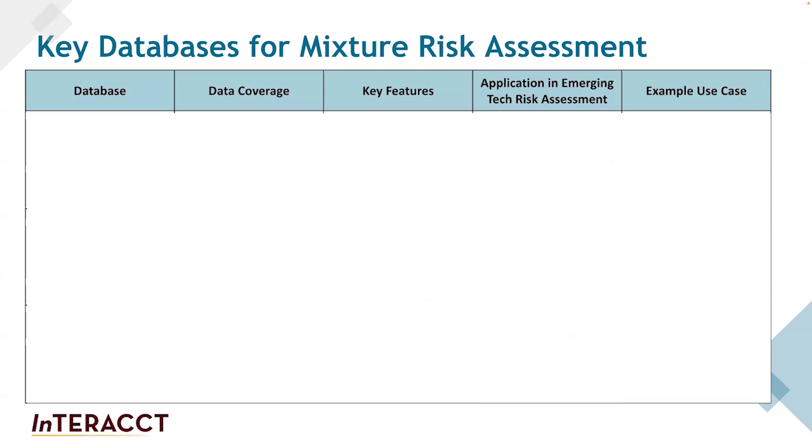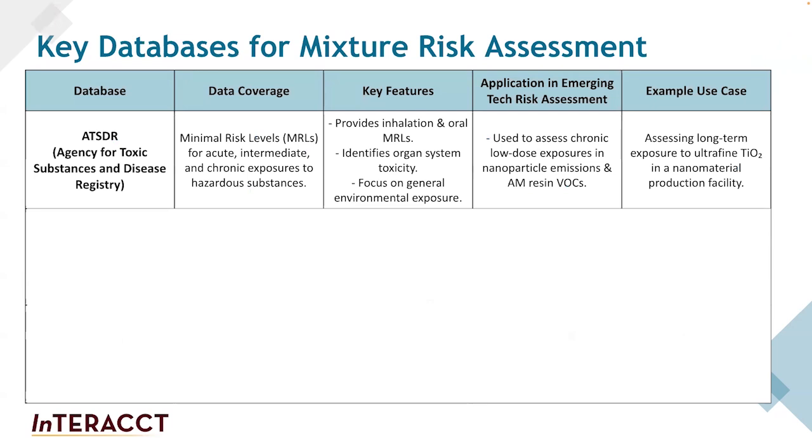This slide highlights three key databases that support mixture risk assessment. First, the Agency for Toxic Substances and Disease Registry, ATSDR, provides minimal risk levels for acute, intermediate, and chronic exposures. These values cover both inhalation and oral routes and focus on general environmental exposure. In emerging technologies, they are often used to assess chronic low-dose exposures such as nanoparticle emissions or VOCs from additive manufacturing resins. For example, we might use them to evaluate long-term exposure to ultrafine titanium dioxide in a nanomaterial production